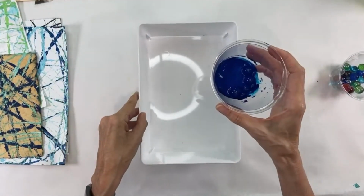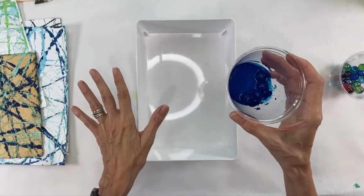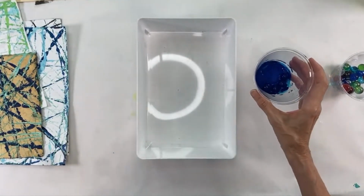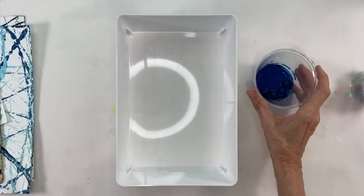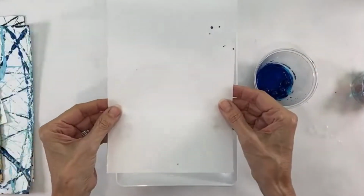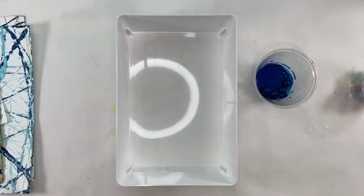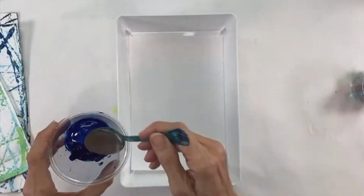Now what I wanna do is show you 8 different papers that I've been making these on. And the first one, probably my very favorite paper of all time, this is a rice paper. It's got a little bit of markings on it. Actually, let me get a cleaner one. Here's a clean one. So I'm gonna take a marble